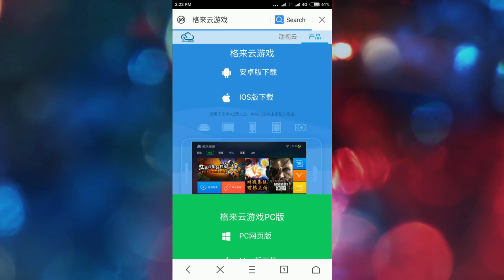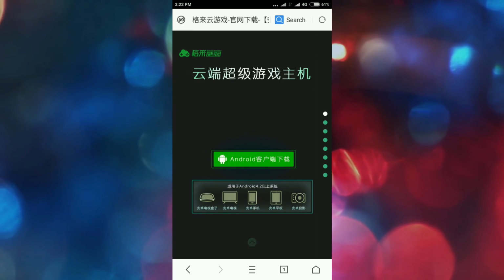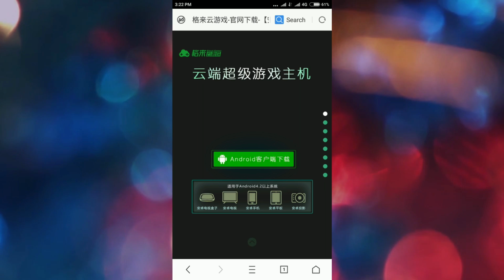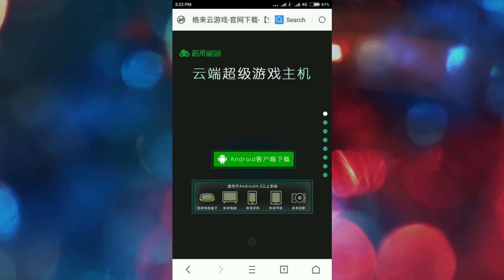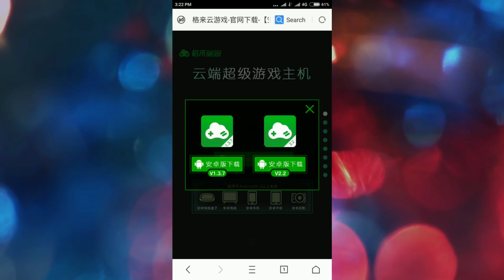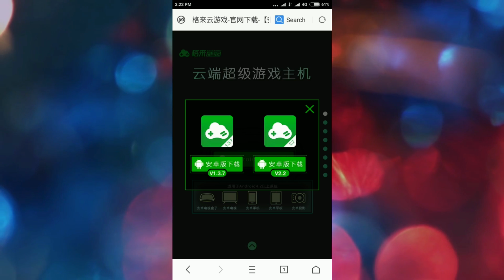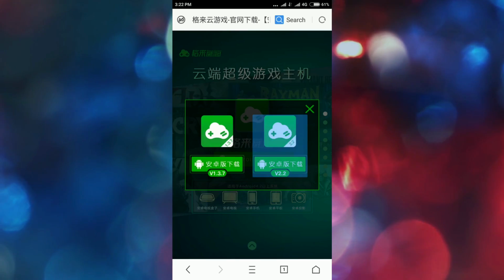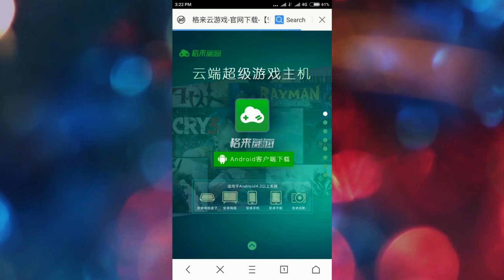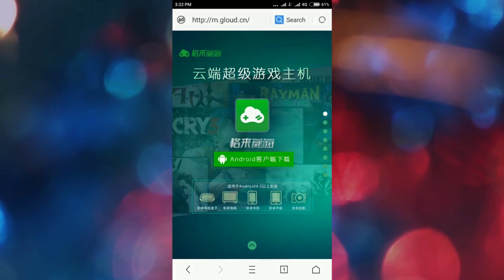After that it will show you a page like this, so click on the download button. Here is the download button, and now click on it, and now choose the latest version 2.2, and after that click on download.